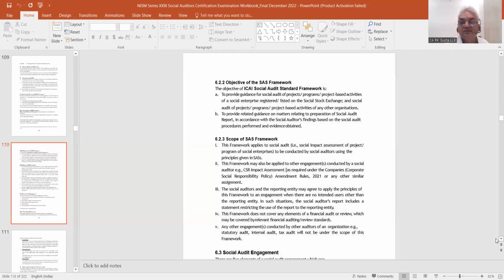ठीक है, अब ये जो है ना, ये आप दूसरी एंगेजमेंट्स में भी अप्लाई कर सकते हो। ये जो सोशल ऑडिट स्टैंडर्ड्स है, आप मान लो किसी का CSR वाला कोई मैटर देख रहे हो तो उसमें भी कर सकते हो, या कोई और दूसरी इसी टाइप की एंगेजमेंट है। कई बार क्या होता है, सिर्फ एक ही रिपोर्टिंग एंटिटी होती है, किसी दूसरे के यूज के लिए नहीं हो रहा होता। ठीक है ना? तो उस केस में आप उसमें भी अप्लाई कर सकते हो। तो सोशल ऑडिटर रिपोर्ट में आप ये लिख दोगे कि it will include a statement restricting the use of the report to the reporting entity।